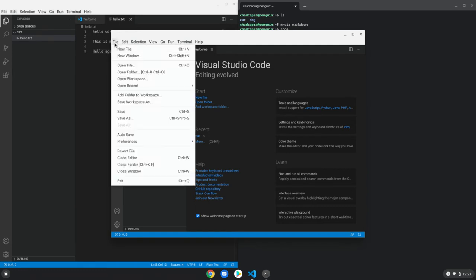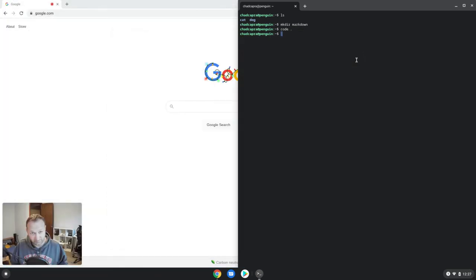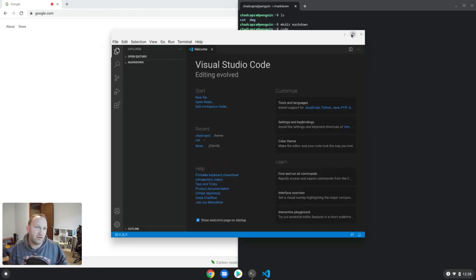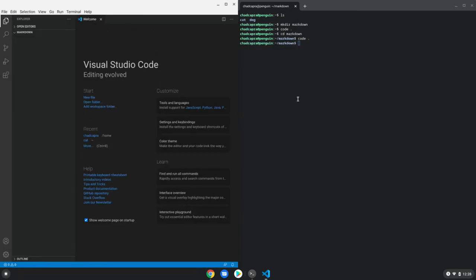I'm going to actually exit that again, which is funny. I exited all of VS Code, but that's totally fine. Now I'm going to code this. I could have done code markdown. Dot just refers to self, which means the current directory. So that's why that happened. So anyway,